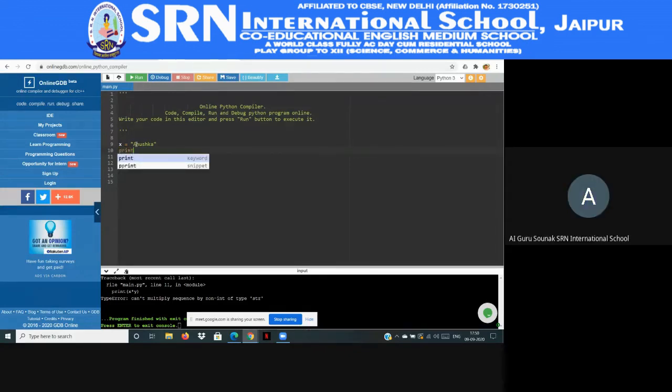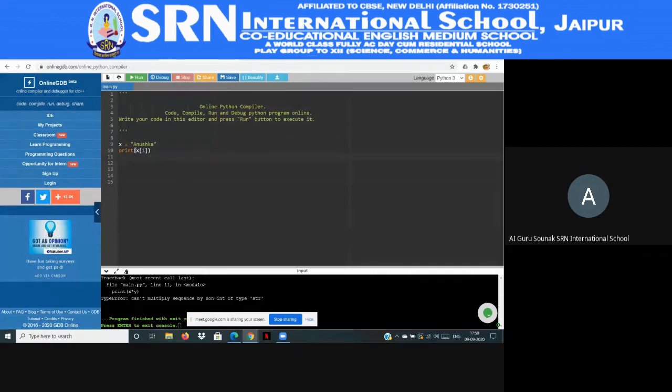So suppose I write print, and within the print statement I am writing x, and within square brackets I will give 1. It means you told me that the A position is 1.